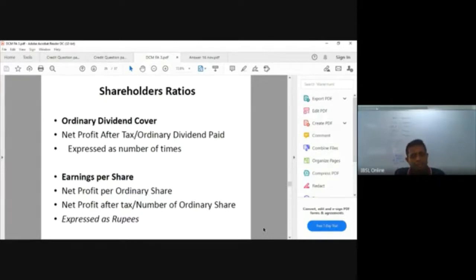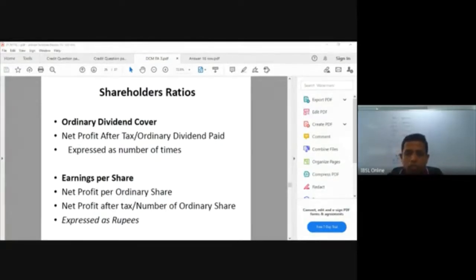Then the next ratio is under shareholder relations, earnings per share. Very famous ratio, earnings per share. You have to take the net profit after tax and take the number of ordinary shares. Now here is the famous mistake. The famous mistake most of the students make is this, right? When you are to calculate the net profit and the earnings per share,